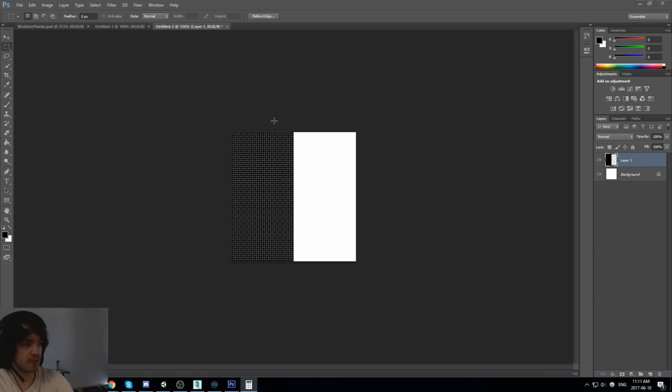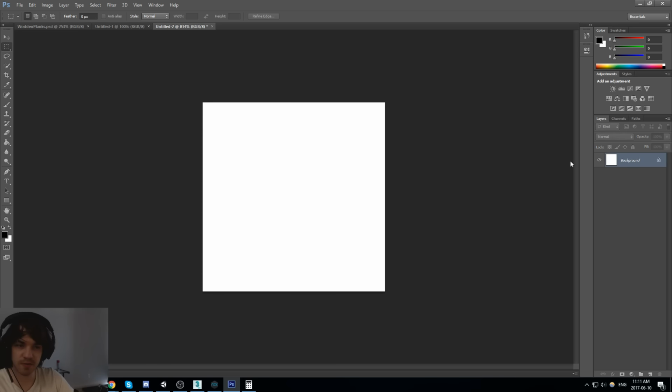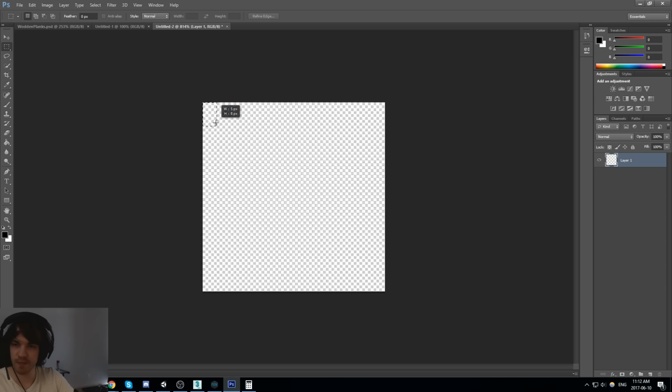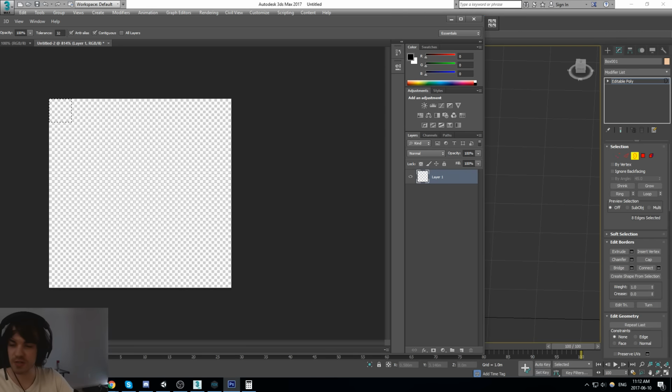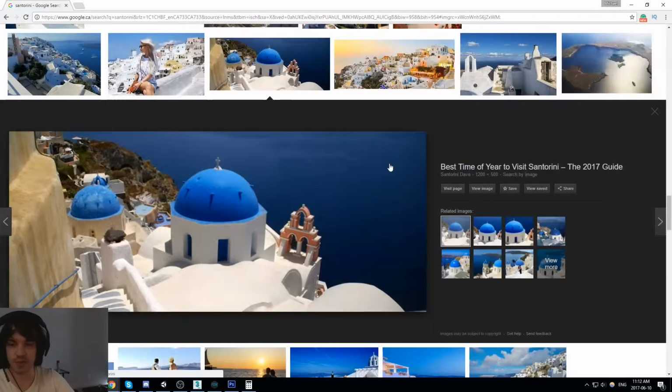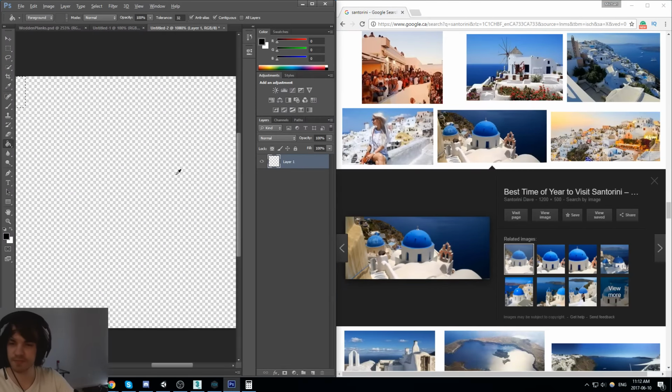So let's do 32 divided by 4, we get 8. So we can do a square every 8. If you never actually did this technique before, let me introduce you to it. Basically what we're doing is taking all of this texture space and simply putting blocks of color in them. I said I needed some blue if I wanted to make something like Santorini style. I needed some blue and also some gray beige-ish color.